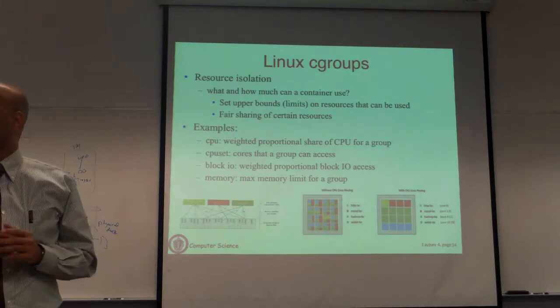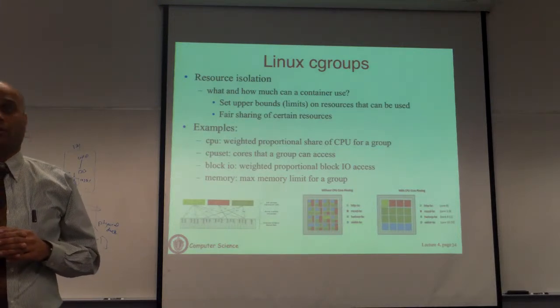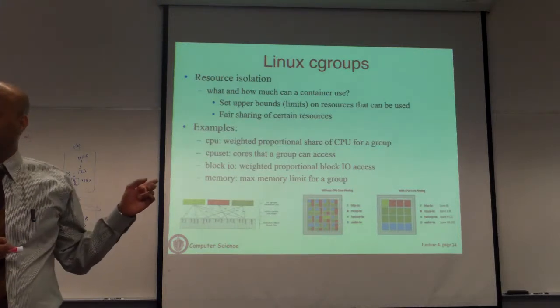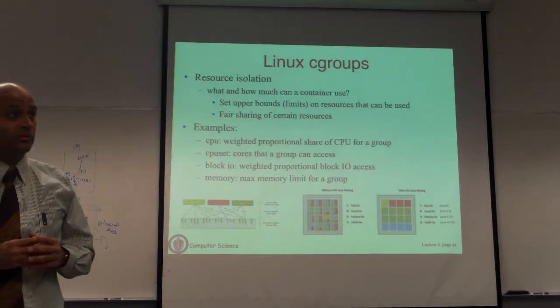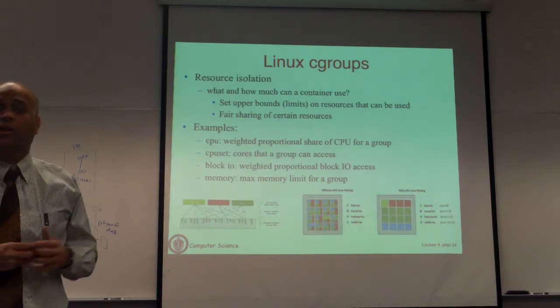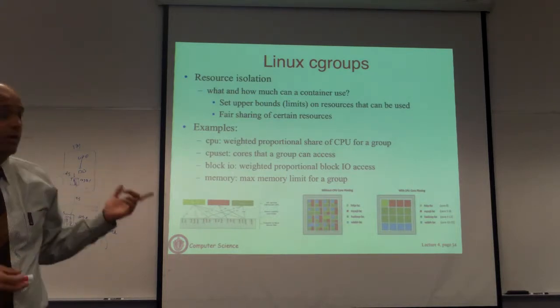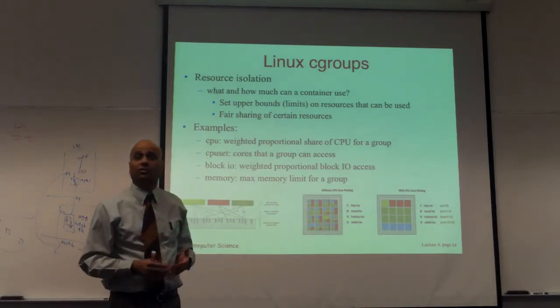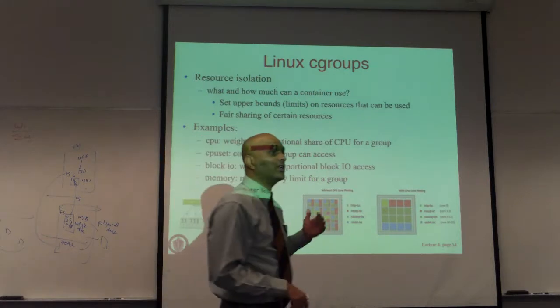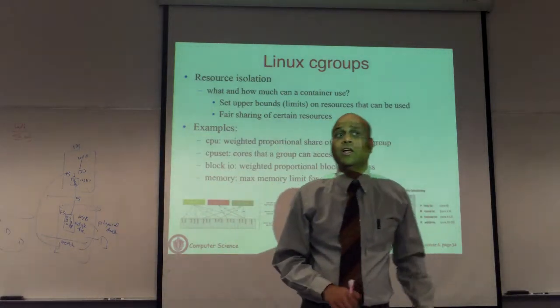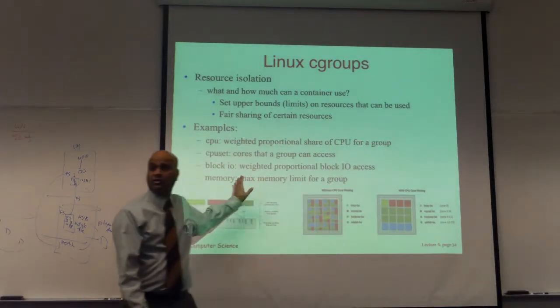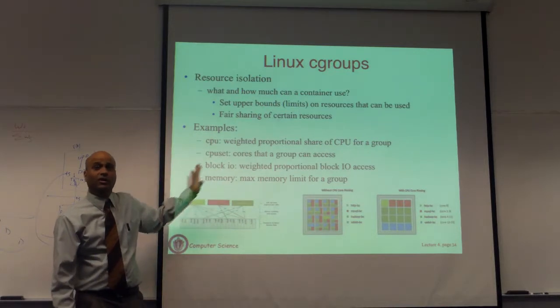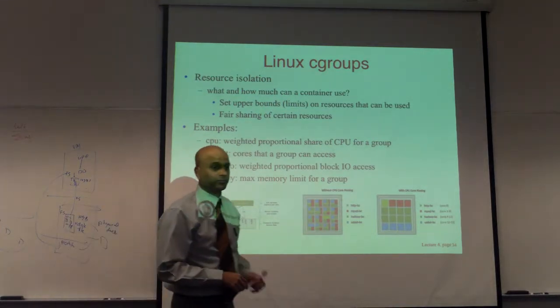Is that clear? Any questions here? I didn't tell you how to implement it. I just said what is implemented. You have to actually go into the kernel and implement features to do some of these things. Change the CPU scheduler, change the disk scheduler. So all the scheduling mechanisms inside the kernel have to be modified in order to implement these features. And I did not tell you how that is done. Simply showing you what is done.